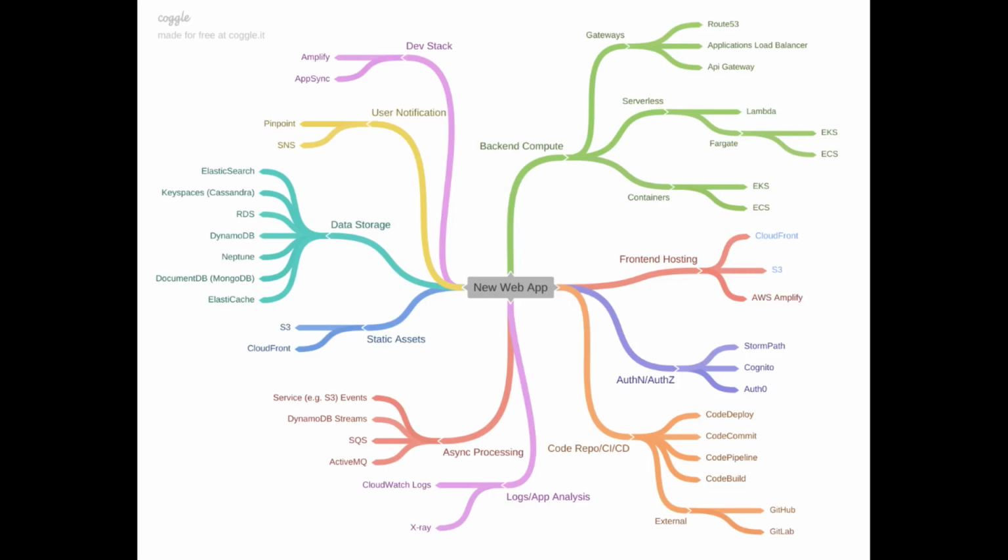Now, async processing. Let's talk a little bit about that. Let's say you have a lot of images, right? And you allow the users to store those images in S3. And you also want the user to be able to search your images based on some kind of parameter, let's say labels. Well, when you store something in S3, you have the ability to set up S3 events, which